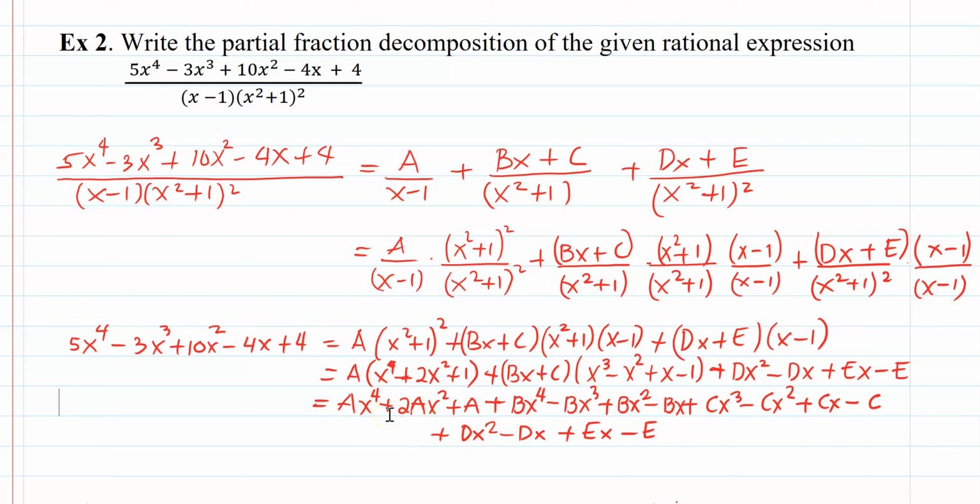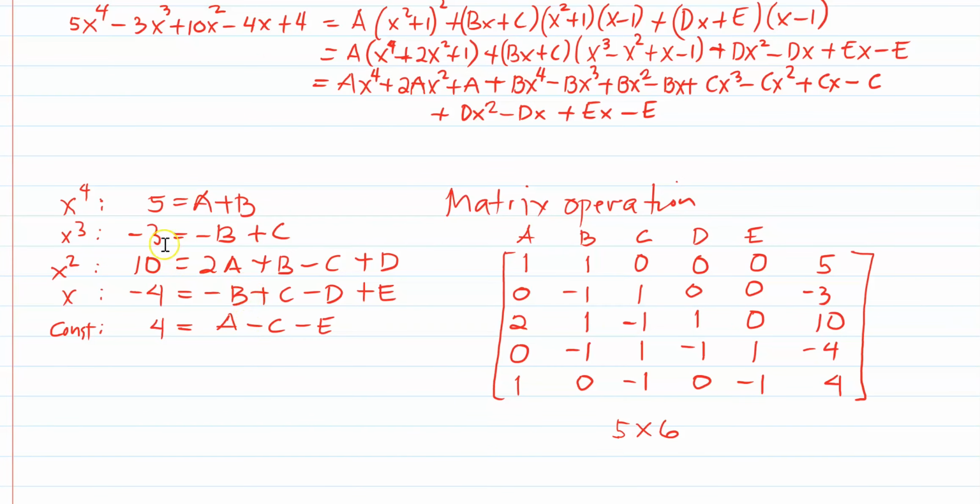on the coefficients of the variable x. So to write the equations, we will begin with the coefficients of x to the fourth. On the left side, we only have 5, the coefficient of x to the fourth. On the right hand side, we look for terms with x to the fourth, and that would be a and b. So a plus b on the right hand side.